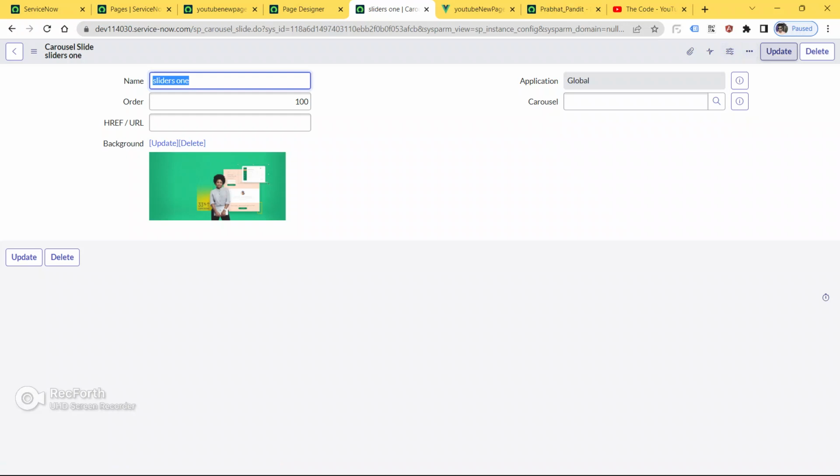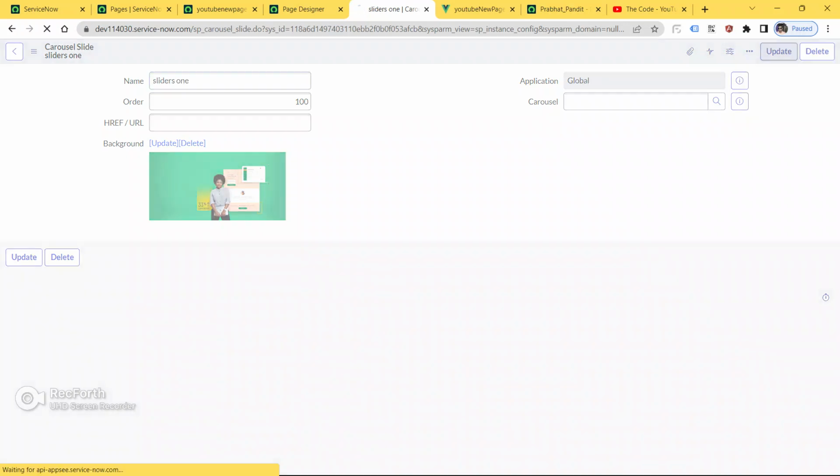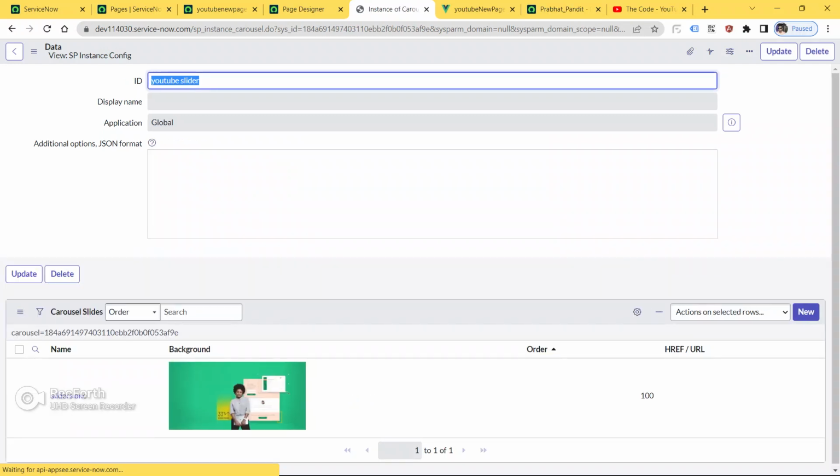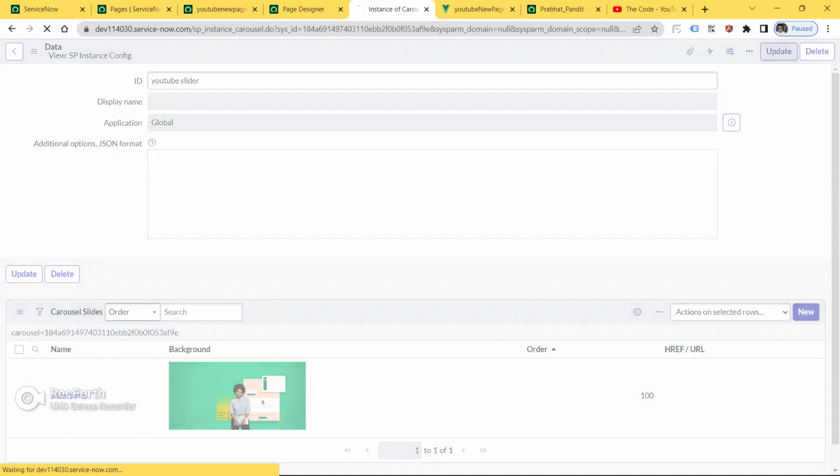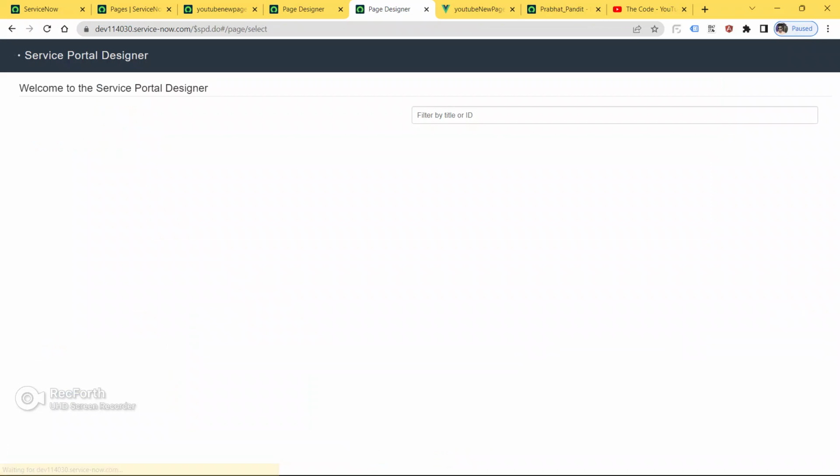Click save, or click on the button update. Okay, so I'm going to click on the button update now. So as you can see guys, we have got one image here. Okay, and the order is 100, and the background image is this, and the slide name is sliders 1.